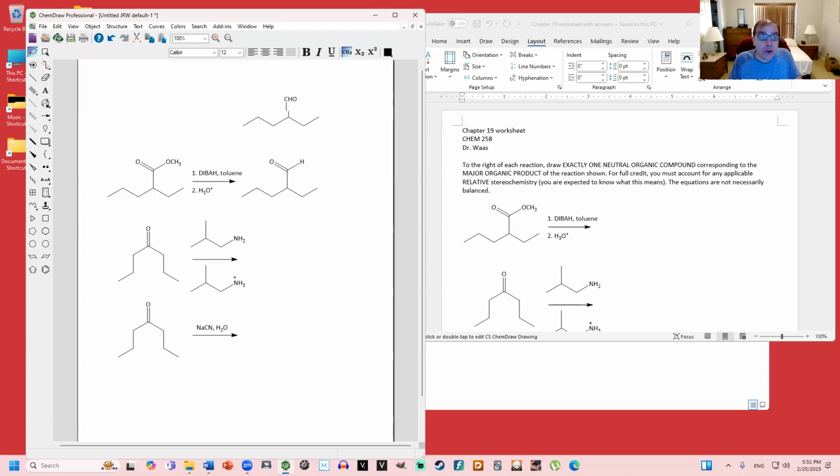But if you're just drawing a structure and that's it, this other version of writing that structure is perfectly acceptable. You can feel free to use it. If you don't like it, you don't have to. It's totally optional. So in the next question, we're treating this ketone with a primary amine and the conjugate acid